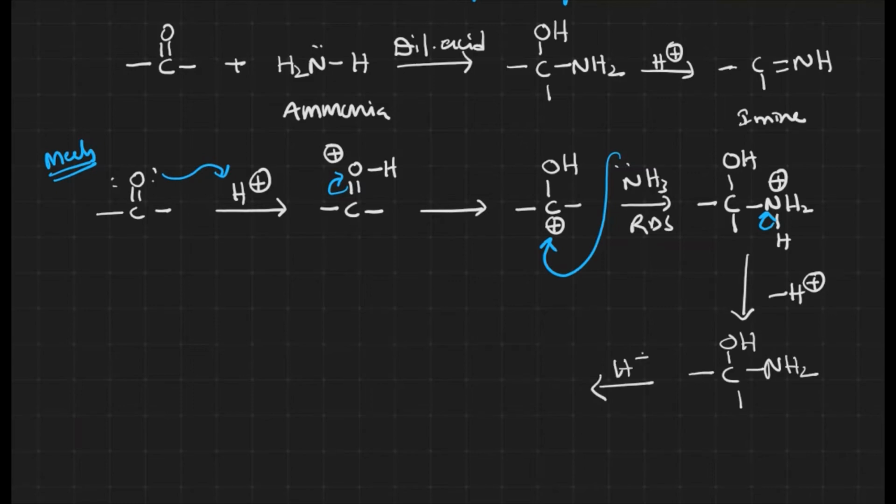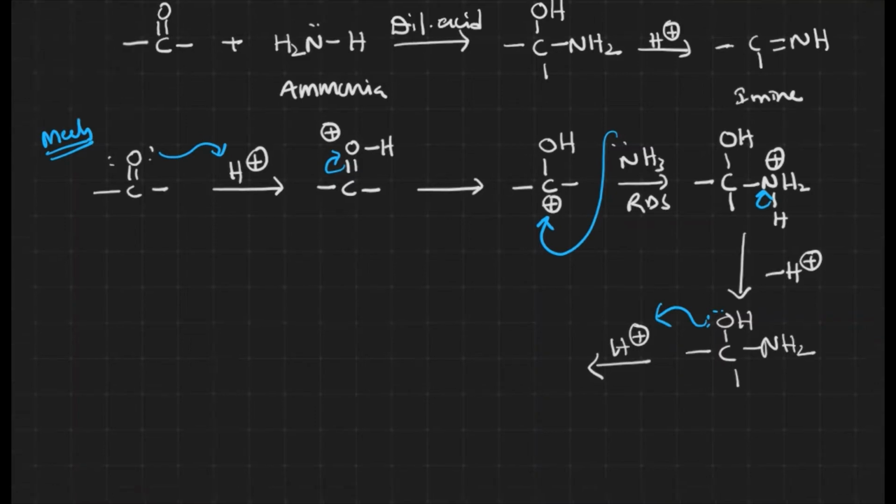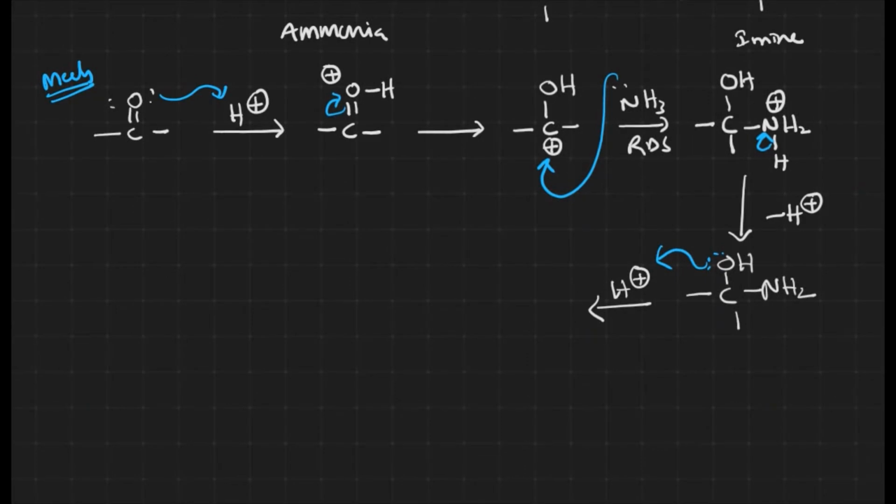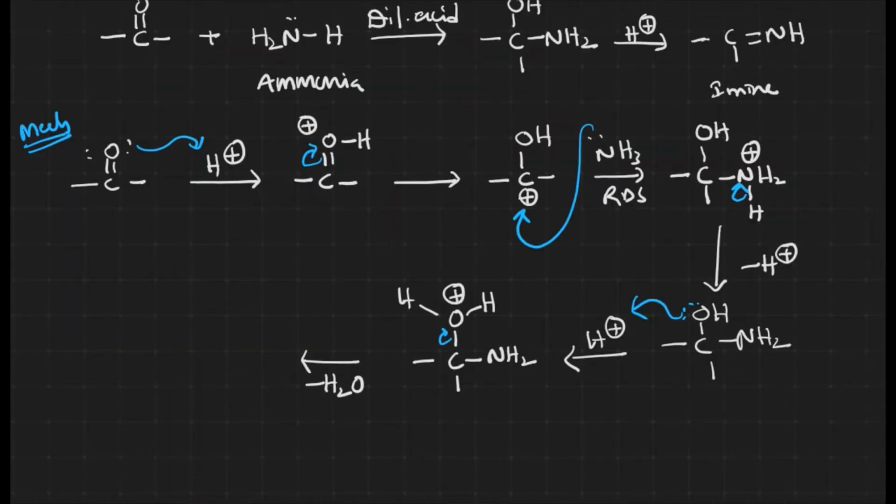The next step, again this is taking place in acidic medium. The proton will be attacked by the lone pair of the OH over there. After attacking, what happens? OH, H with a positive charge, right? Now what is this? Oxygen with a positive charge is unstable. What happens? Elimination of water takes place. After elimination of water, what happens now? Carbon with the positive charge and nitrogen with the lone pair, H2. This is the structure, right?